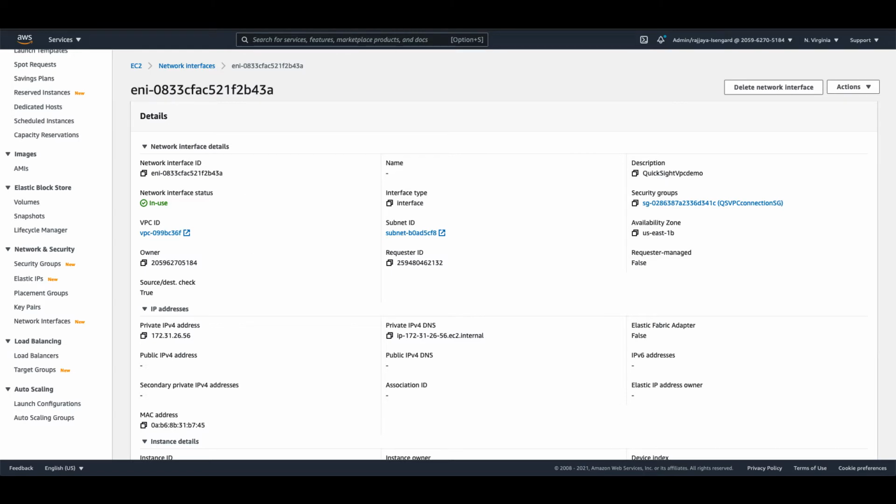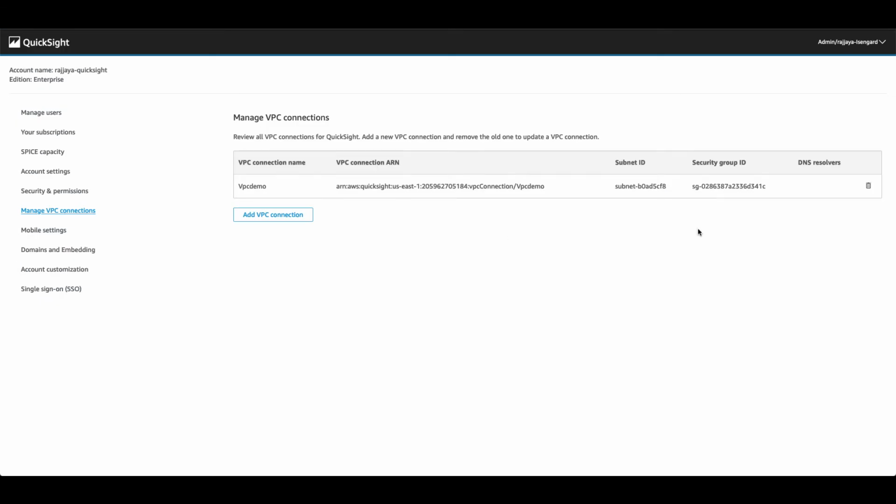Now let's go back to the QuickSight VPC connection that we just created. The security group attached to the QuickSight network interface behaves differently than most security groups because it isn't stateful. While other security groups are usually stateful, meaning that after they establish an outbound connection to a resource's security group, they automatically allow return traffic, in contrast, the security group associated with the QuickSight's ENI doesn't automatically allow return traffic. Because of this, adding an egress rule to the QuickSight network interface security group doesn't work.